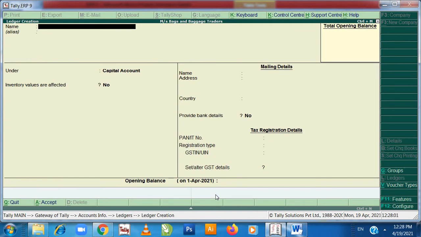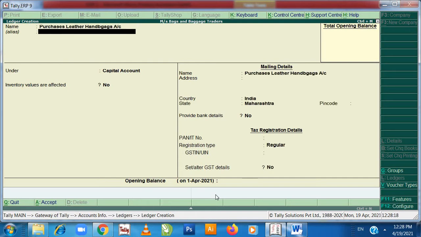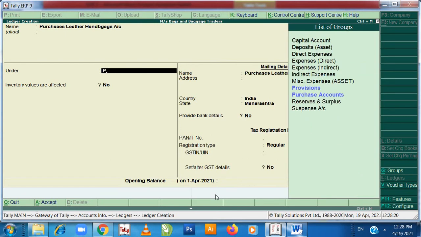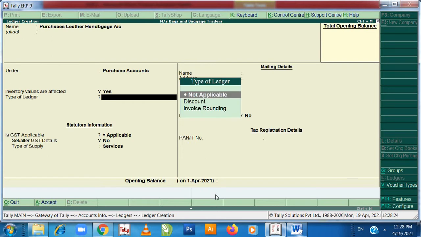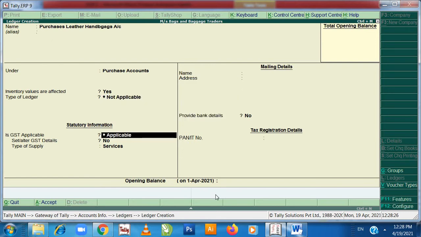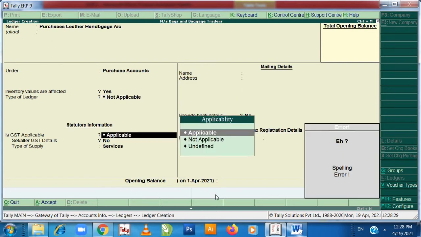So the first ledger will be purchases leather handbags account. Press enter. This will go under purchase. Press enter, enter. Is GST applicable? Yes.